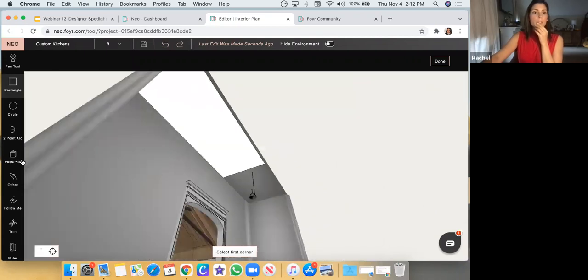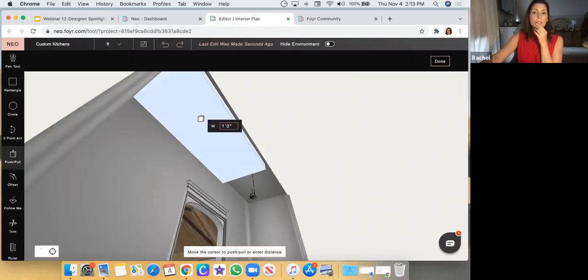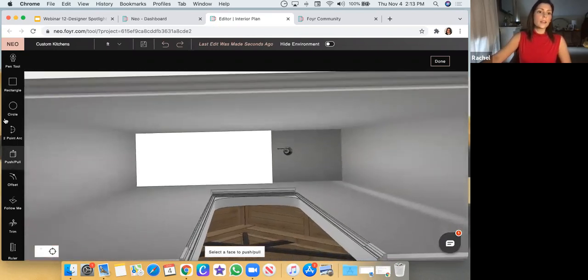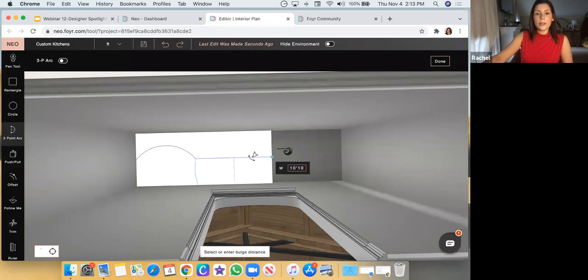I'm going to push pull this down and use a new tool, which for this webinar at least, is point arc, to create a nice curve. So I'm at my midpoint, bring this out, create a slight curve there. This is by no means going to be very accurate, but just as an example. Pull that out. Now I've got a nice little swerve,